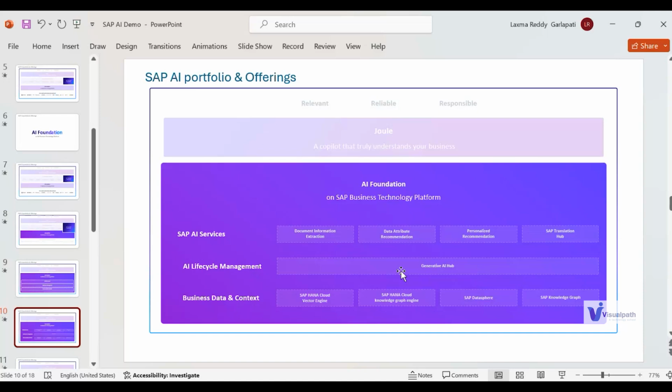What SAP has done is, instead of competing with these large language model vendors, they have collaborated with them, and then they have made these models available on SAP Business Technology Platform for the business users or the SAP ecosystem consumption.